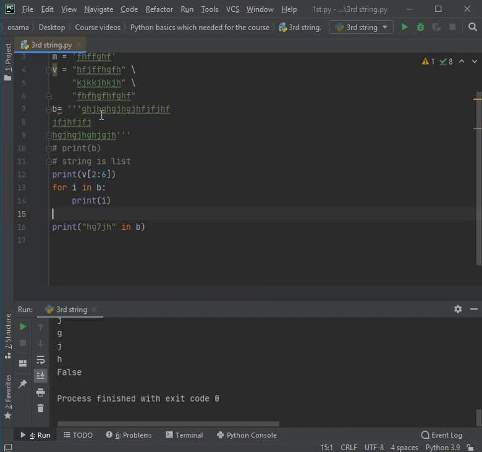So I want Python to print all letters in string B except letter F. So I will loop for this string, and inside the loop I will tell Python if the letter F exists in the string B,